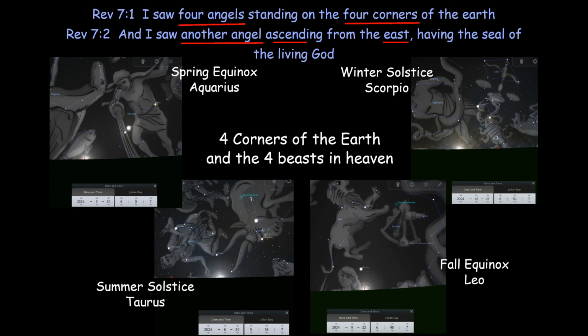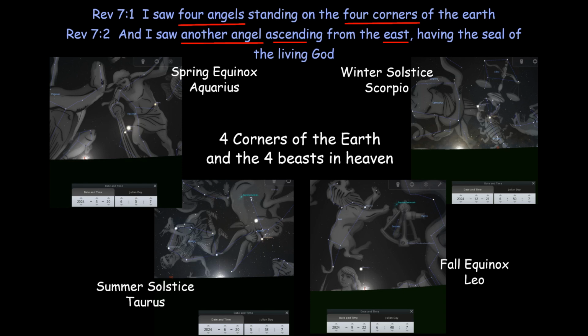So just the same as the Revelation 12 sign that John said he saw, in order to know what time John is speaking from, we have to find the time when John would have seen in heaven 4 angels occupying each of the 4 corners of the earth at the same time. And at the same time, he also sees the angel who is commanding them all. And that angel is ascending from the east. This is the Son he is talking about, who has the seal of the living God.